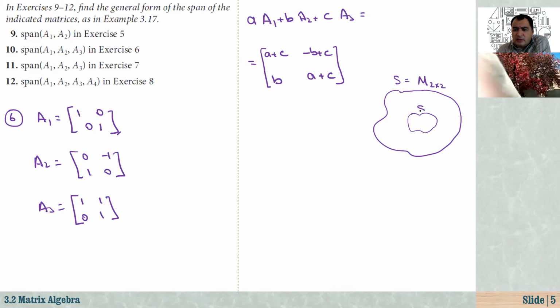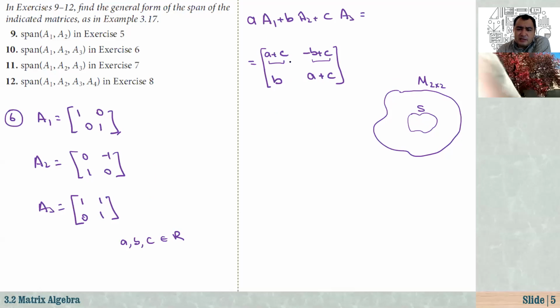Let me just write here S. It is S whose components satisfy these properties. If you're given any four numbers, this A, B, C are any real numbers. If you just take any matrix from here, if they satisfy this equation, like A plus C and A plus C,